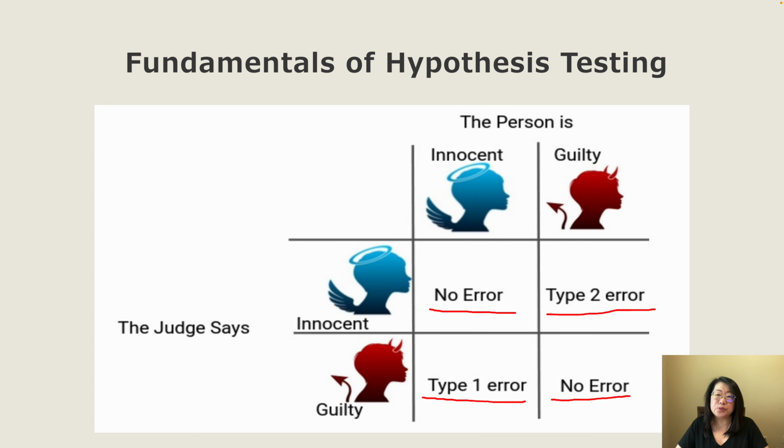According to the presumption of innocence, the person is considered innocent until proven guilty. That means the judge must find evidence which convinces him beyond a reasonable doubt. This beyond a reasonable doubt can be understood as probability, which is the probability of error. More specifically, the probability that the judge decides guilty but the person is innocent, which is the type